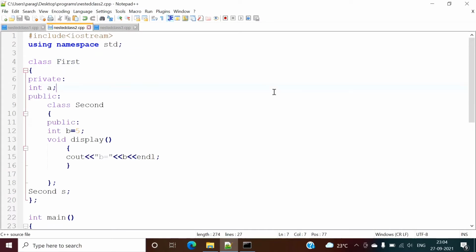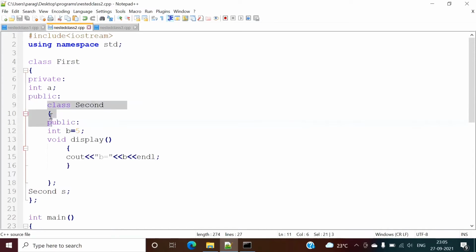Now see, suppose you want to make use of this class. Whenever you want to access the components of this class, that is the variables and functions, you have to create an object. Now in this example we are creating the object of this class inside this class only.